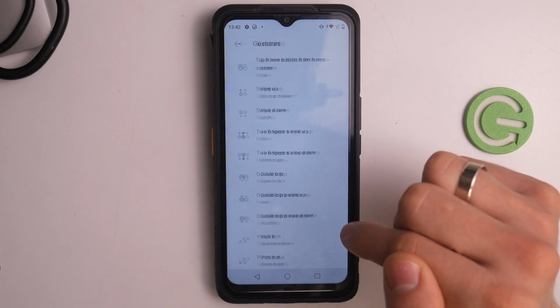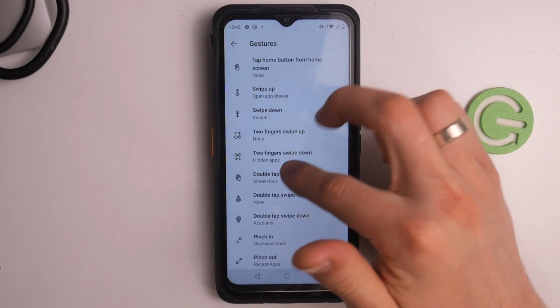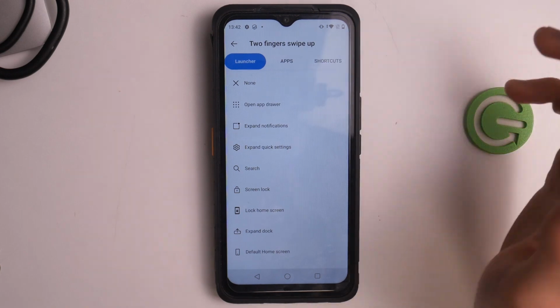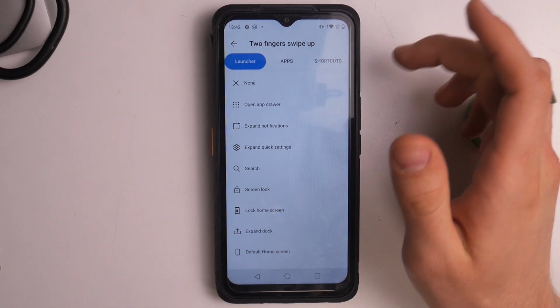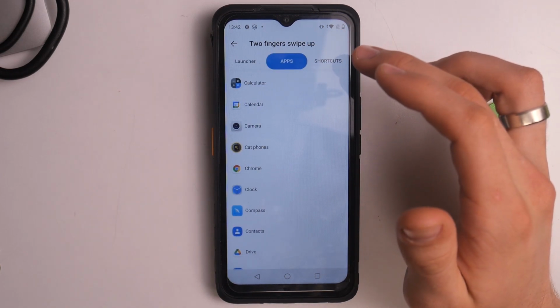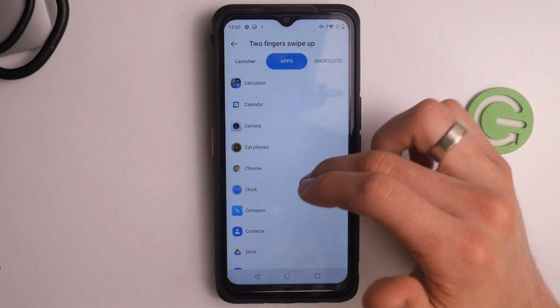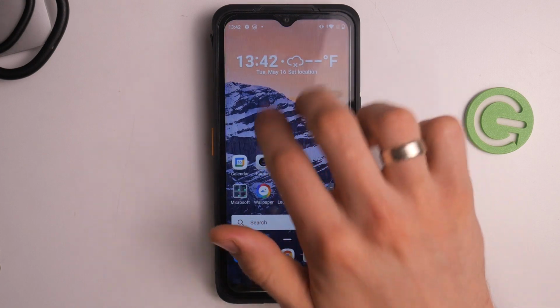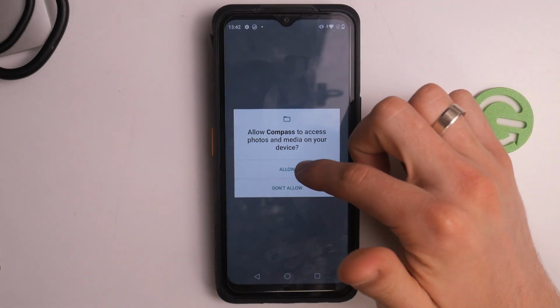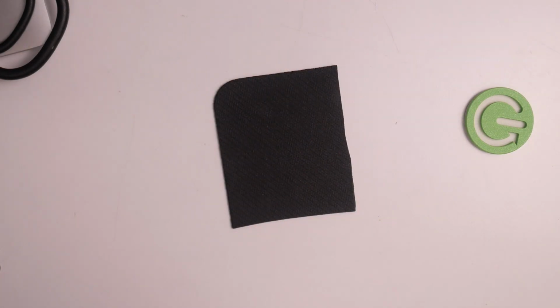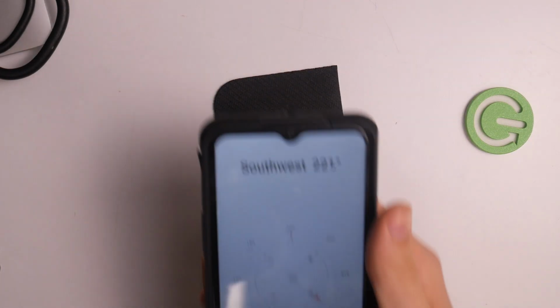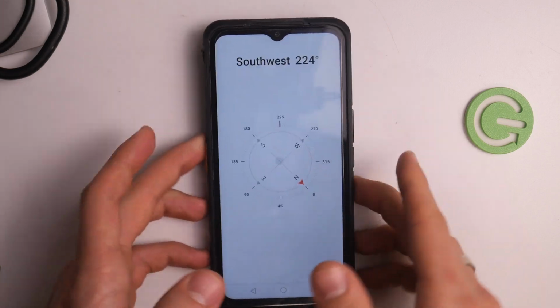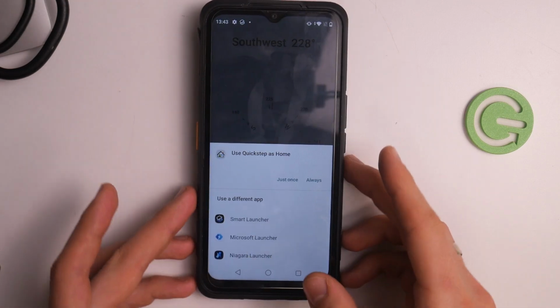So I'll show you only one gesture. So find gestures here, for example 2 finger swipe up, and use, for example, I want to open, I don't know, compass. In this way, when I will swipe up using 2 fingers, okay, I need to calibrate my compass. Okay, so now when I will